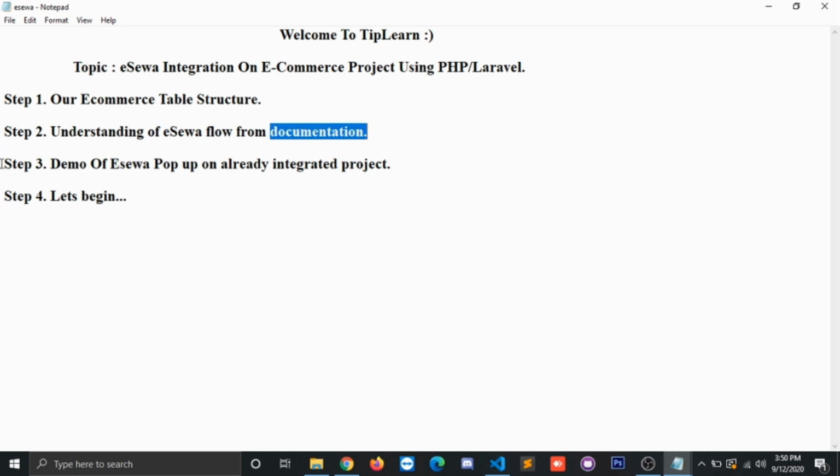So now I'm going to show you step 3. It means the normal demo of Esewa from the project which I have also uploaded to my GitHub account. For that you can visit the description where I have given the GitHub link. So now let us finish step 3. Okay,